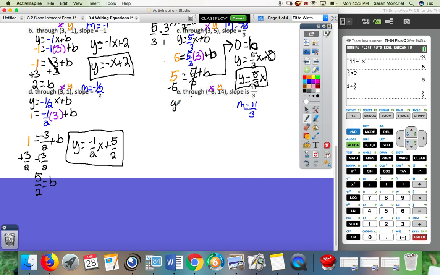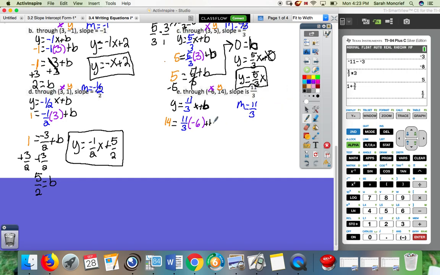So I have y is equal to 11 over 3 x plus b. Do I have a b to plug in? No, but do I have x's and y's to plug in? Yes, so plug those in. We have 14 is equal to 11 over 3 times negative 6